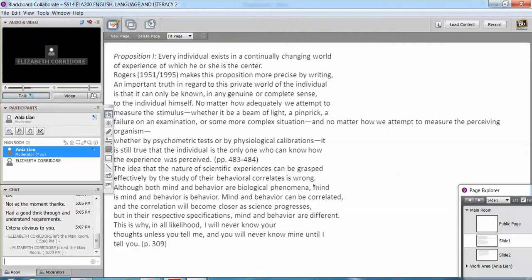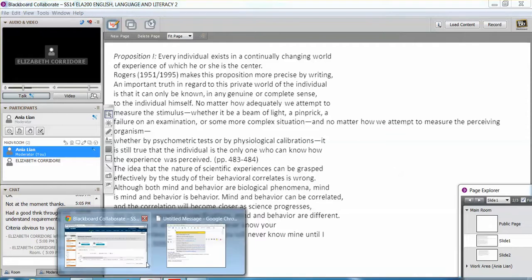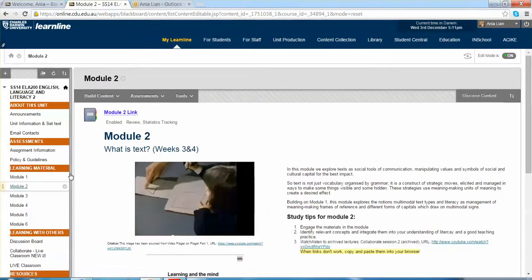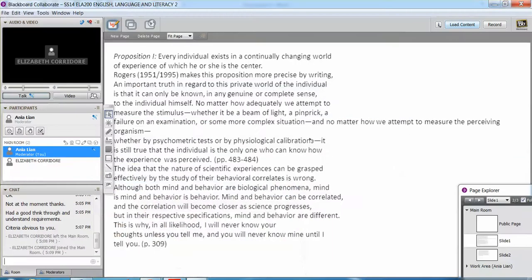Now, I don't know, are we in module 2? I think we're going to module 2, which I believe is what is text. I'm not sure, but one of those modules will be what is text. I'm just going to have a look. Right. So,